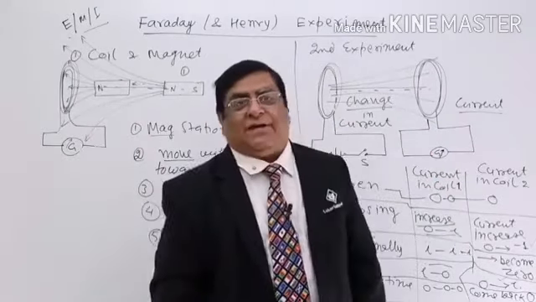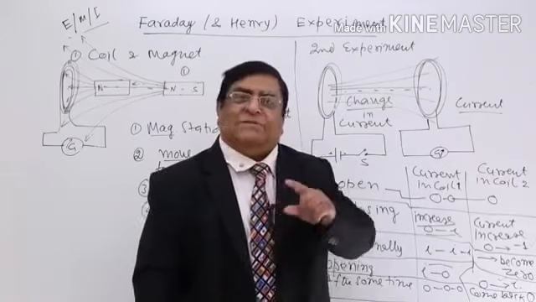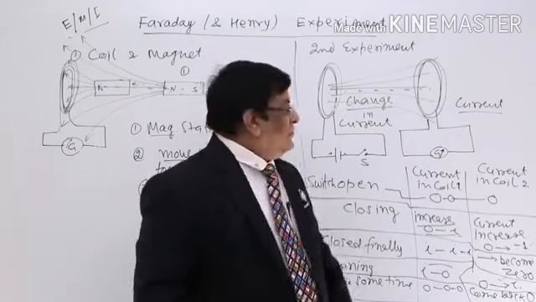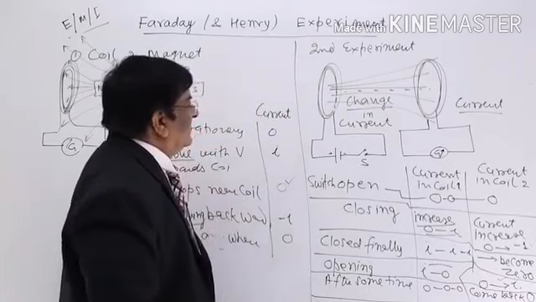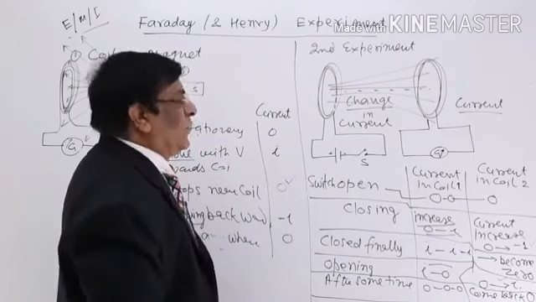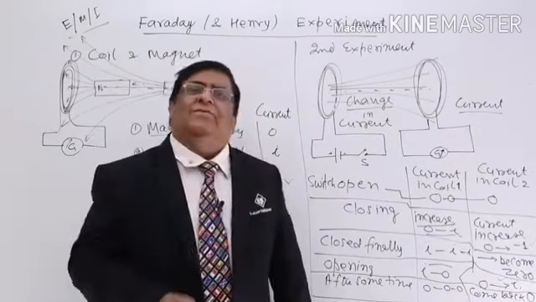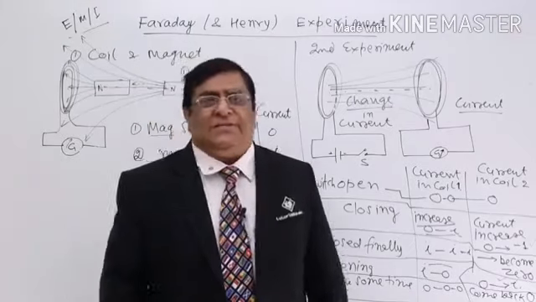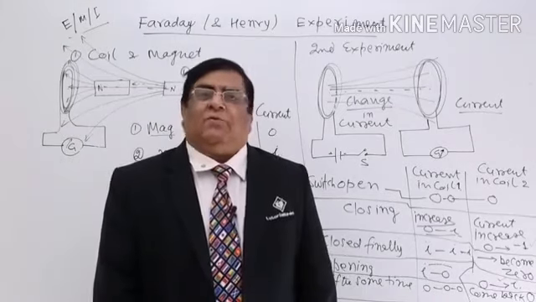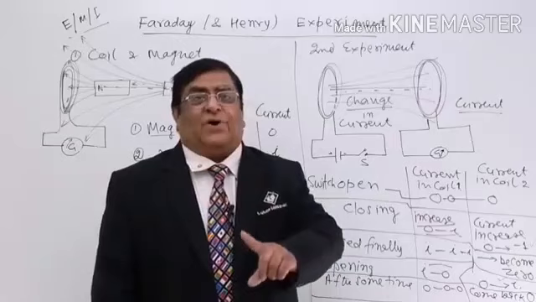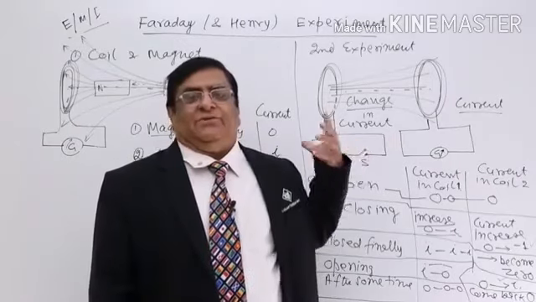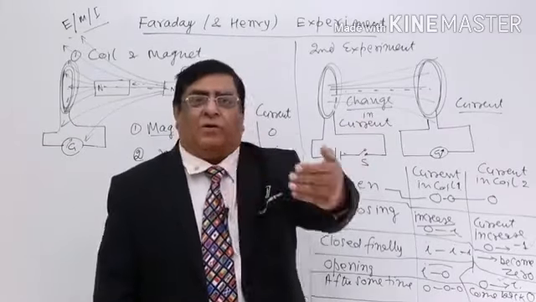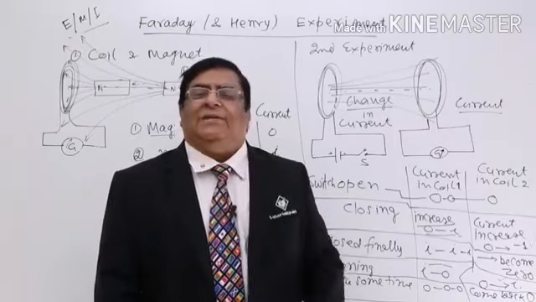So, this is Faraday's experiment and this was the result. We can write down the result also. We will write that in Faraday's law. So, in the next lecture, we will write down what Faraday's law was based on this experiment. So, this tells us the experiment; the law and its mathematical form we will study in the next.